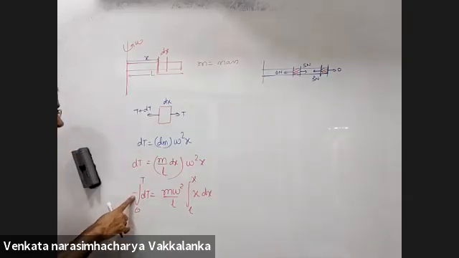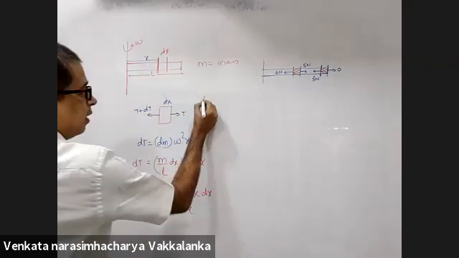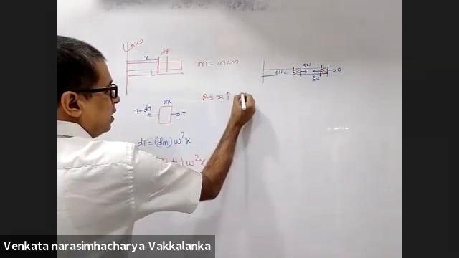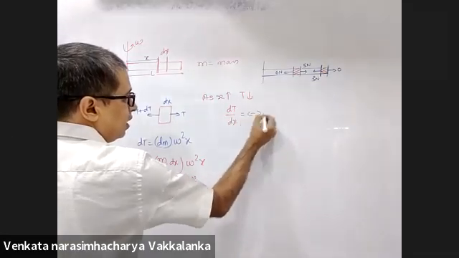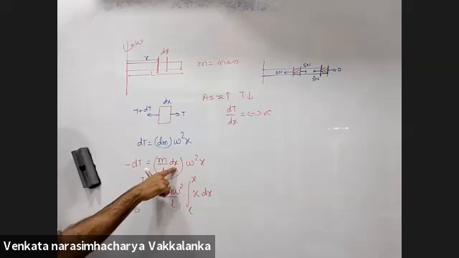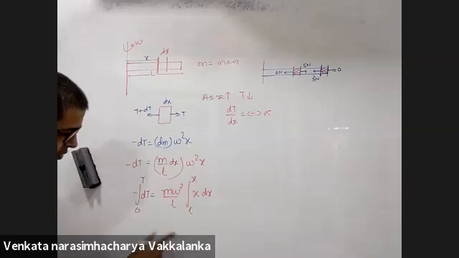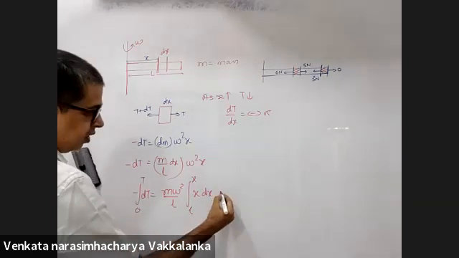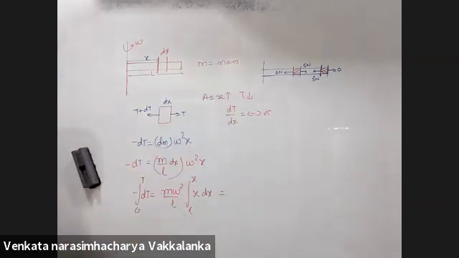Why did you put a negative sign in front of it? As x increases, tension is decreasing. dT by dx will be negative. Technically, in the first place itself, I'll have to carry the negative sign. I am sure you will be able to complete this and cross verify. At the extreme end, is the tension 0 or not? So this will be the orthodox way you solve this problem.